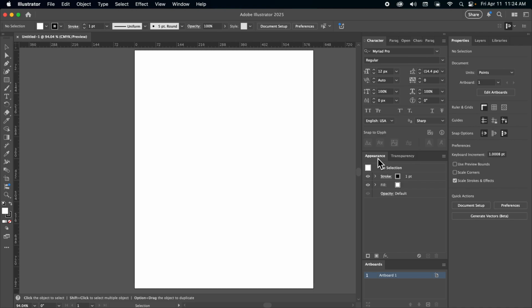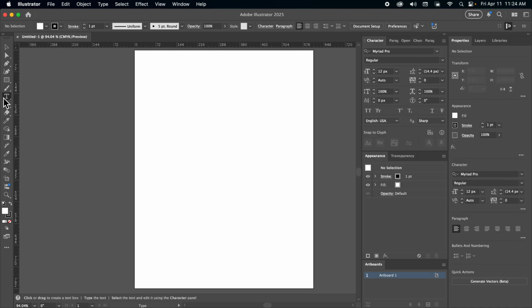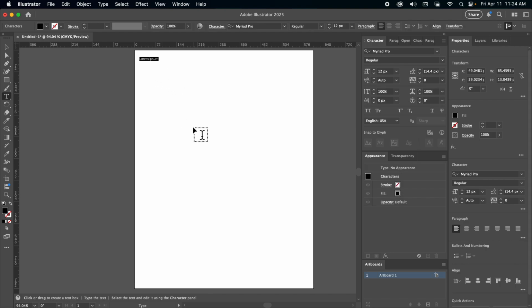Step number 3, type your name at the top of the artboard as point type. So you're going to choose the type tool, and to create point type, you are just going to click one time. Just one time. Don't drag and draw a box. Don't make a text box. Just click one time. You should get the words lorem ipsum. That's your dummy text, as it is called. Then you just need to delete that and type your name, which I'm doing with one hand.